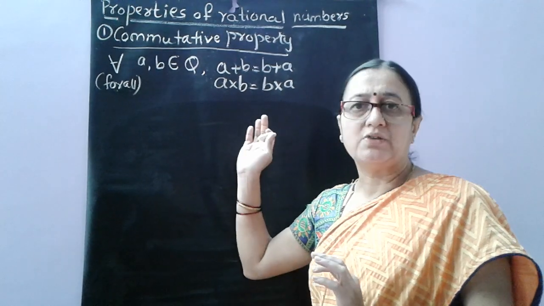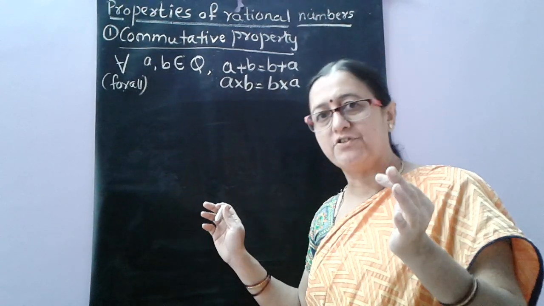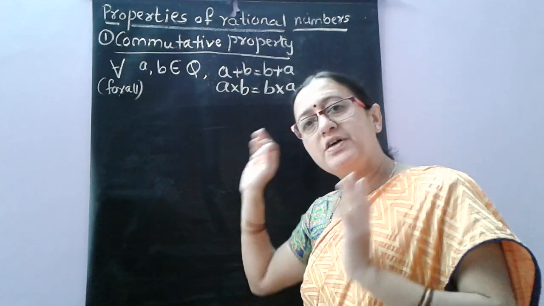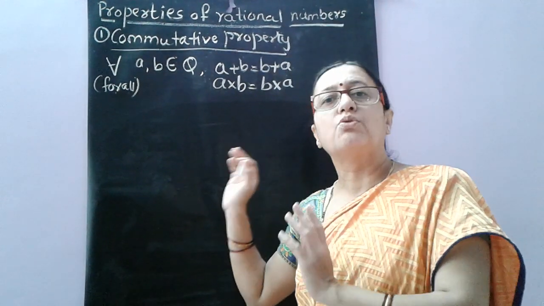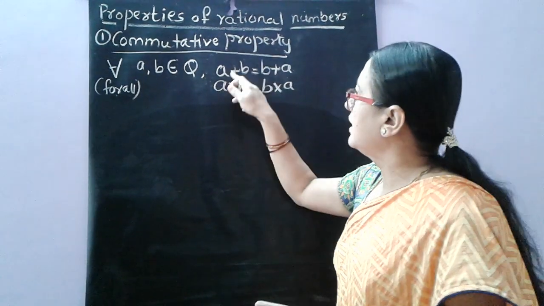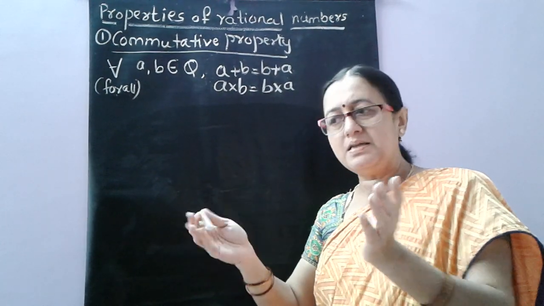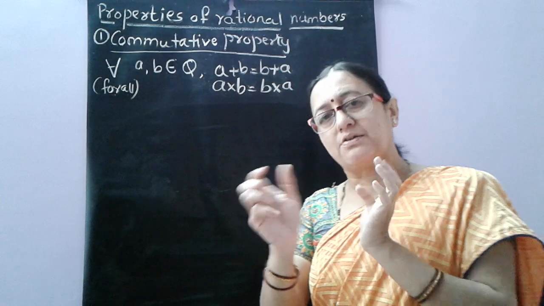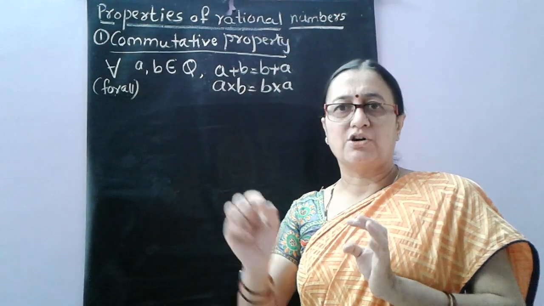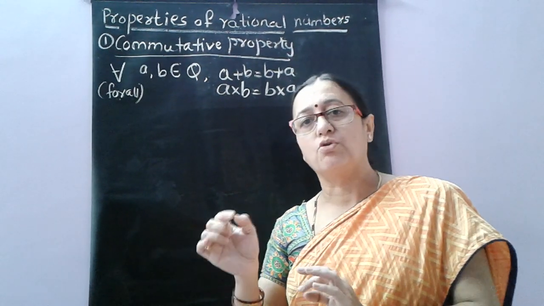So, let us try with one example for all the four operations, addition, subtraction, multiplication and division, whether this property is going right or in which condition this property holds good here. To check that, we have to take two rational numbers, put the values for left hand side, put the values for right hand side separately. Then check the answers. If the answer for both the sides is same, then the property is right or the property holds good, we say. If not, then the property does not hold good here.